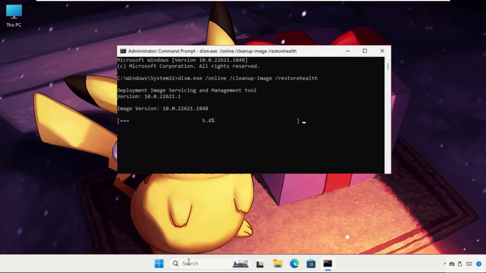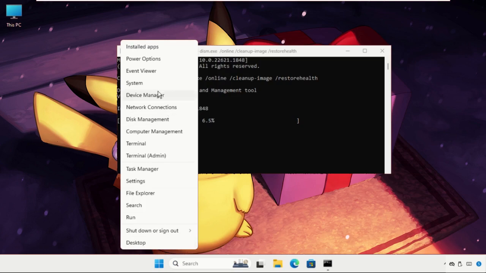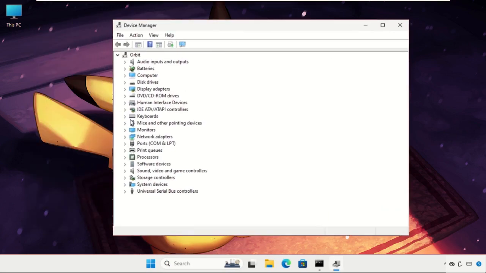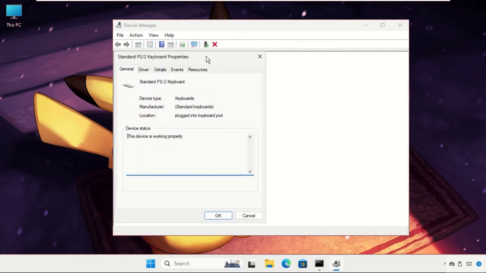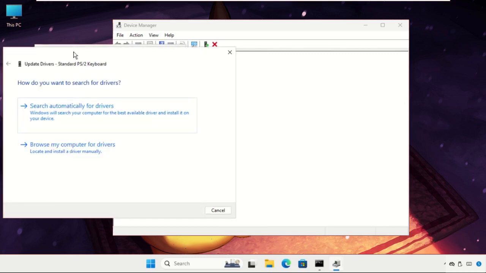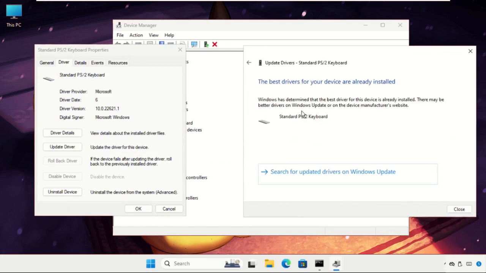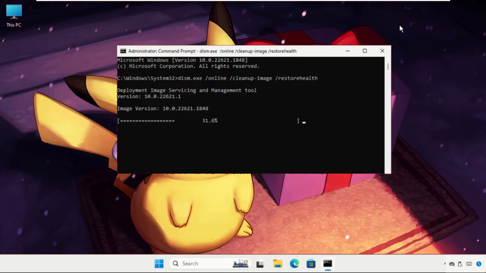Go to the search bar, or you can right click on the start icon, and select Device Manager. Then go to Keyboards, right click, select Properties, then select the Drivers tab, click on Update driver, and then select the first option. Make sure you are connected to the internet, so click here and the best drivers will be installed automatically. Close all windows one by one, and